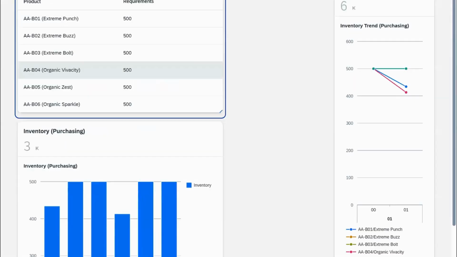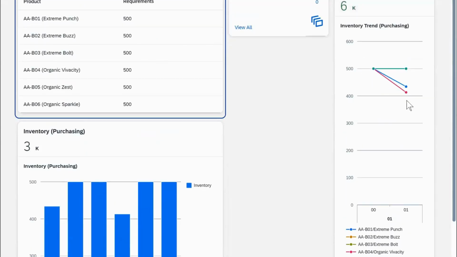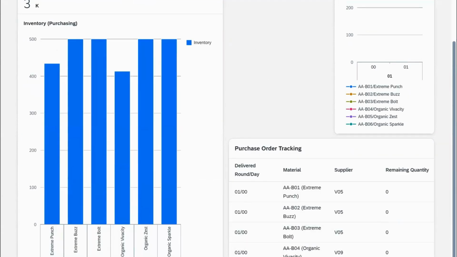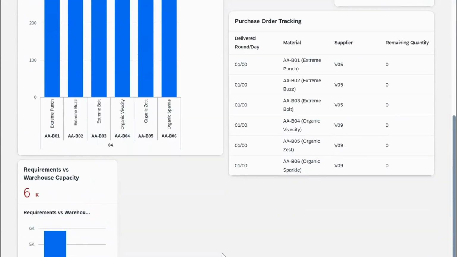We have the planning and procurement overview, where we can see our requirements for each material, well, for each product. We also have our inventory trend to see how the inventory for each product is doing. Are we lacking some products here and there? Make sure to replenish accordingly. You have to know that the warehouse capacity